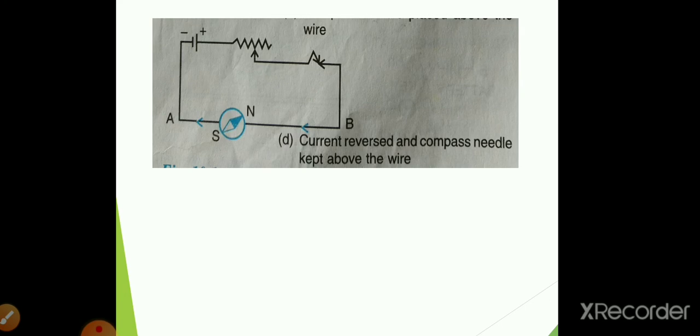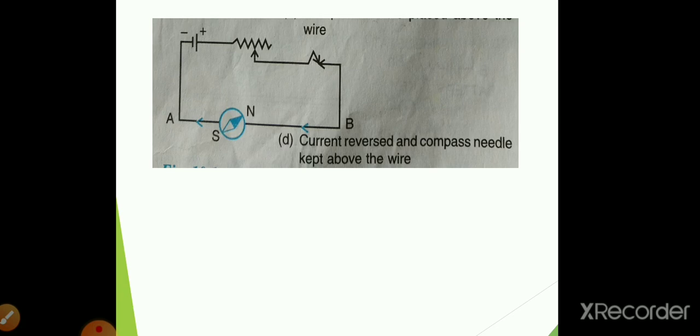So on reversing the direction of the current in the wire, the direction of the magnetic field reverses. So the direction of deflection of the magnetic needle of the compass has been reversed. So what is the conclusion by the experiment? By Oersted's experiment, we can conclude that a current produces a magnetic field around it. What? A current or a moving charge, that is electron. So a moving charge or a current produces a magnetic field around it. Okay, this is the conclusion from this experiment. You have to remember, a current produces a magnetic field around it.